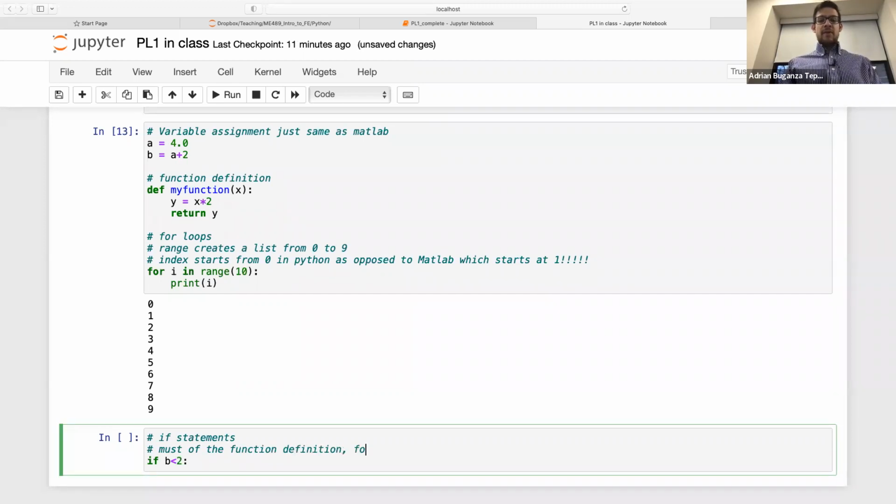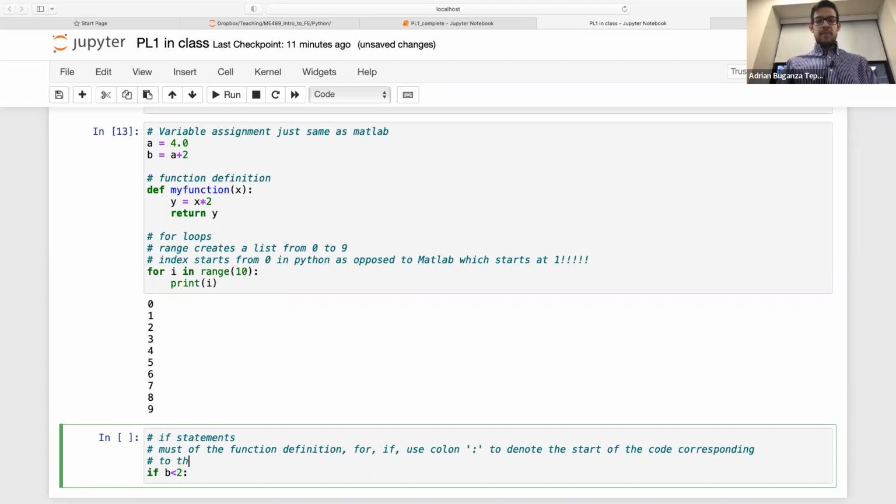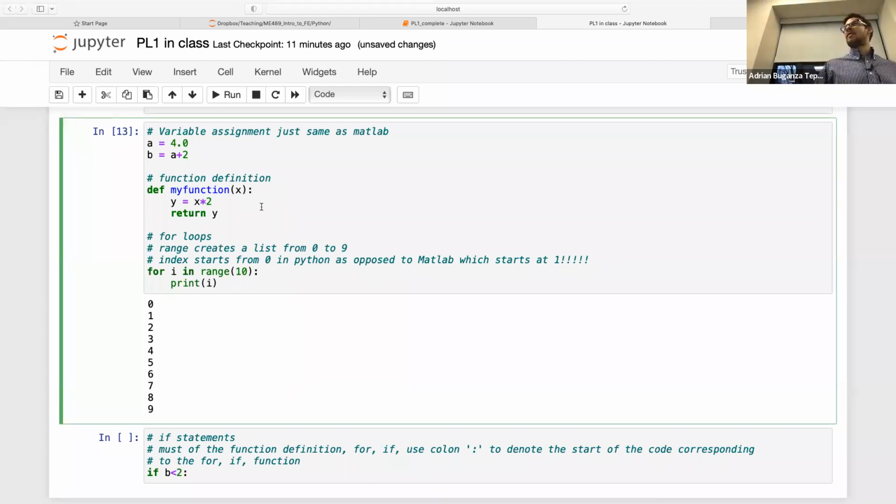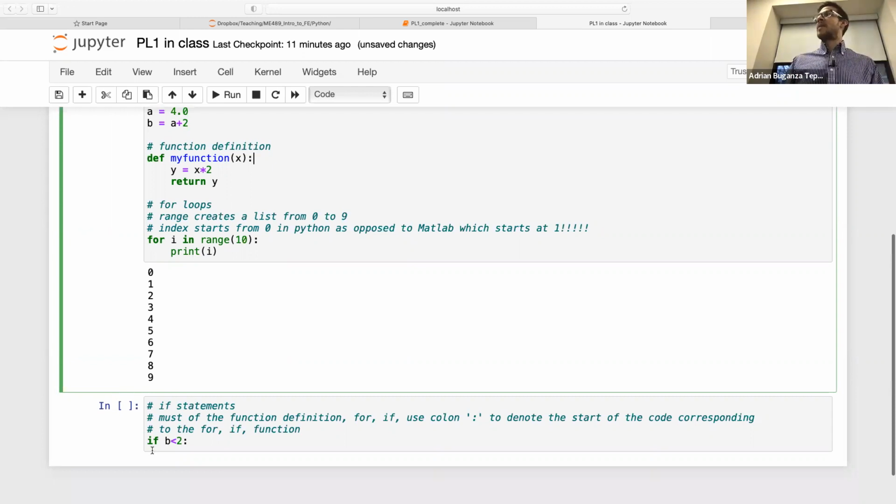Also, for function definition and for if, use colon. So you should have the def, for example, I have def something colon and then the chunk of the code that defines the function. For the for loop, also for i in range and then colon to denote the start of the for loop. For the if statement as well. So for if b less than 2,